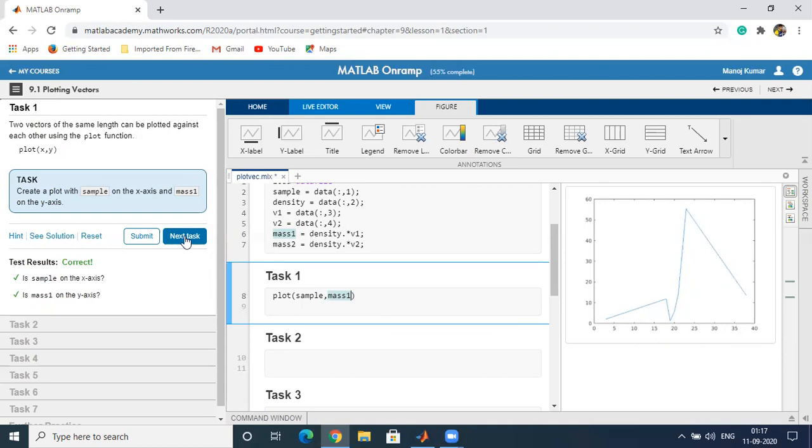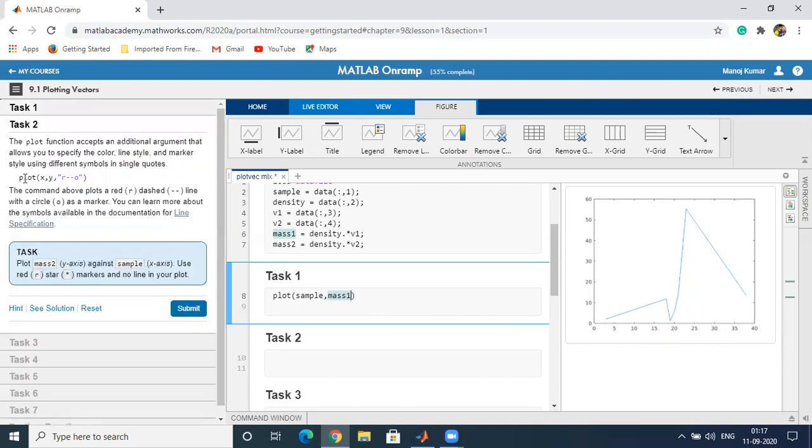Next, the plot function accepts additional arguments. We can give additional arguments that allow us to specify the color, line style, and marker style using different symbols in a single plot. So we can use this command.